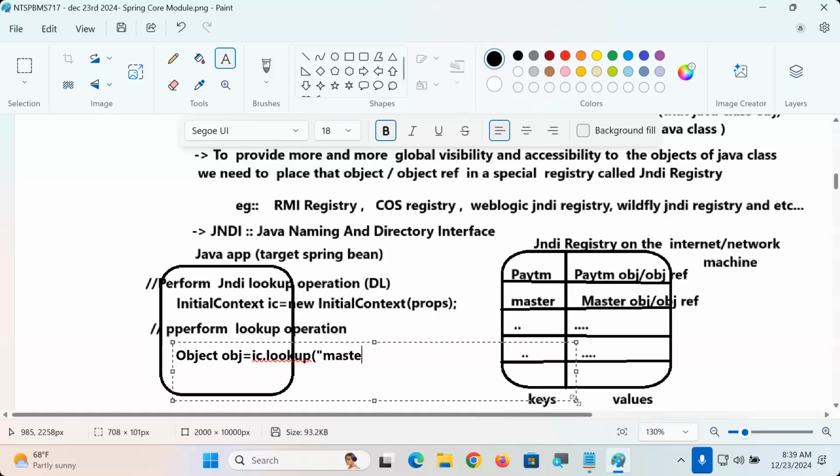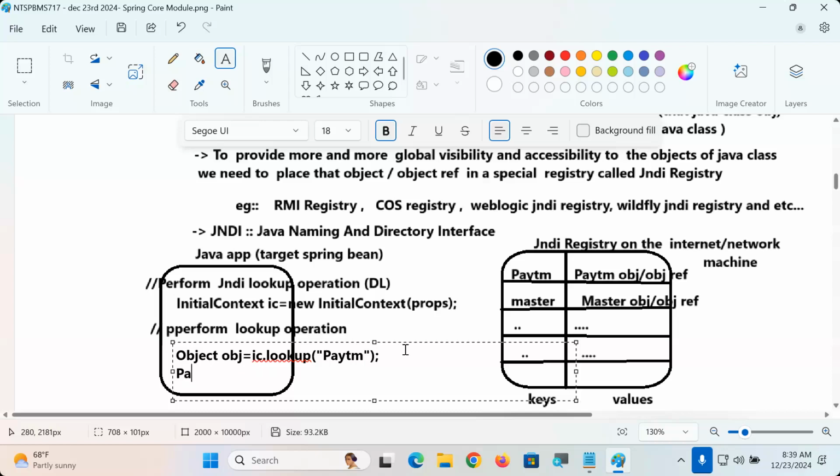There I am typing master or Paytm. What is this? Paytm. There I am typing master or Paytm. Object obj is equal to ic.lookup("Paytm"). Okay, now here what I'm going to do is,